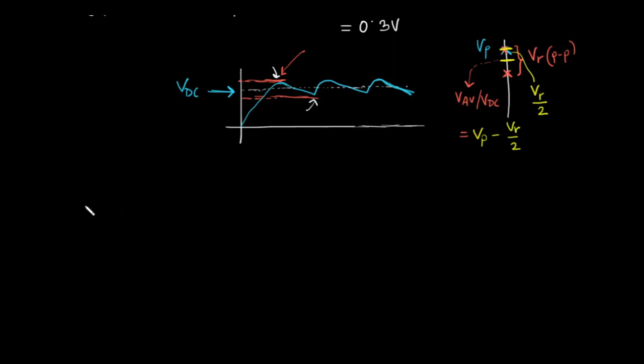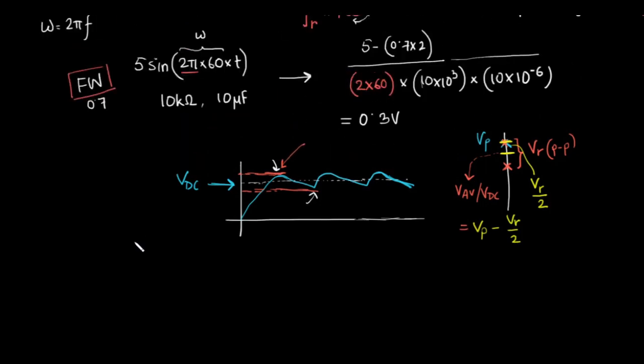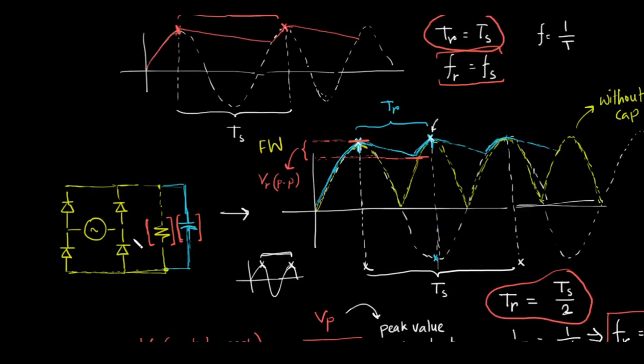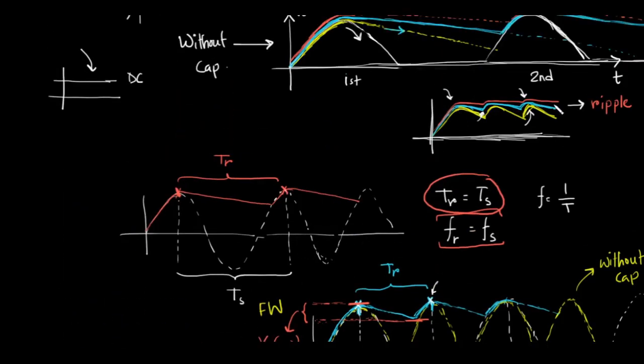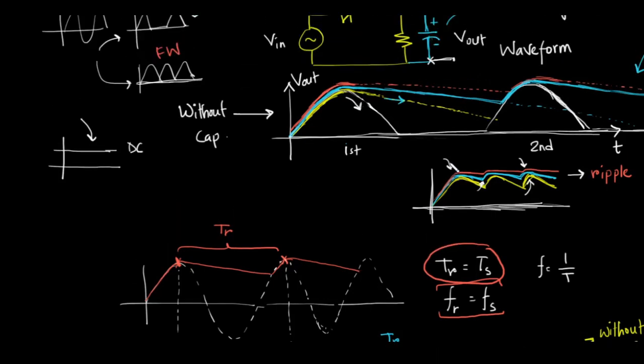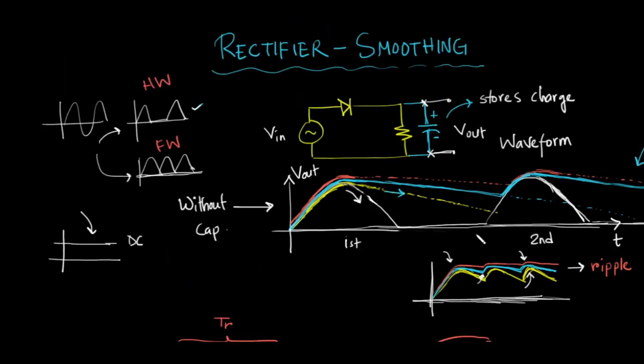We found out that when we add a capacitor at the output of a rectifier, the pulsating behavior of the output voltage goes away. The output is smoothed to a considerable extent, but it is not smooth completely. It does not completely become flat. There are ripples in the output. So we know how to find the value of that ripple voltage. To find that value, we first need to find the frequency of the ripple.